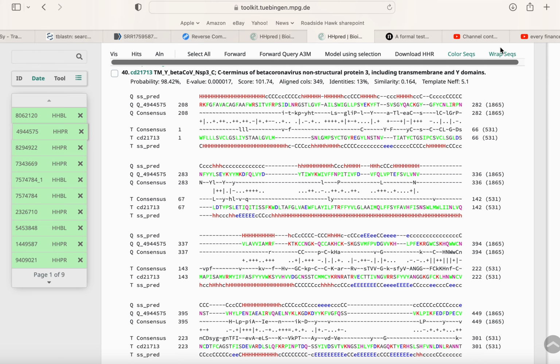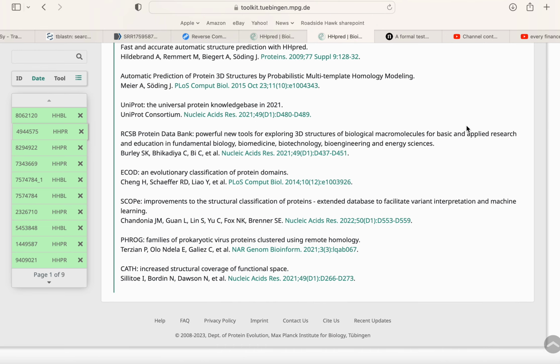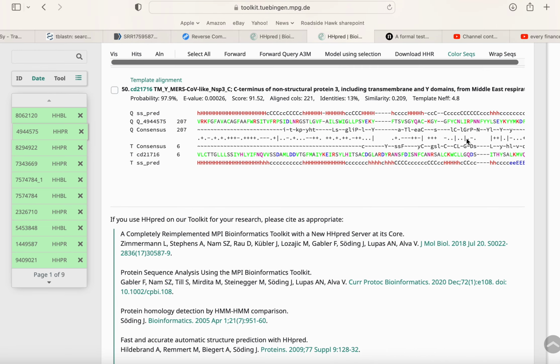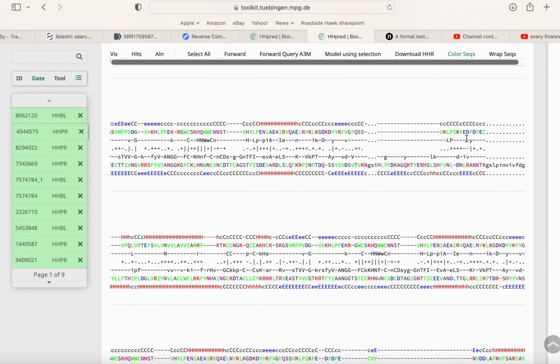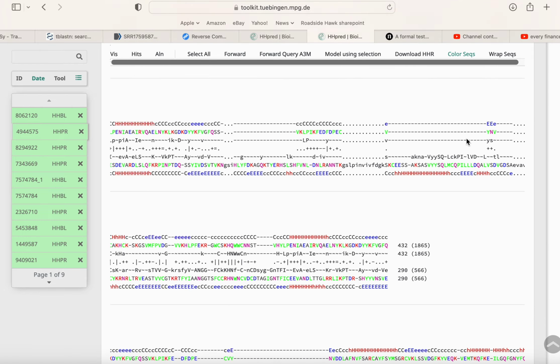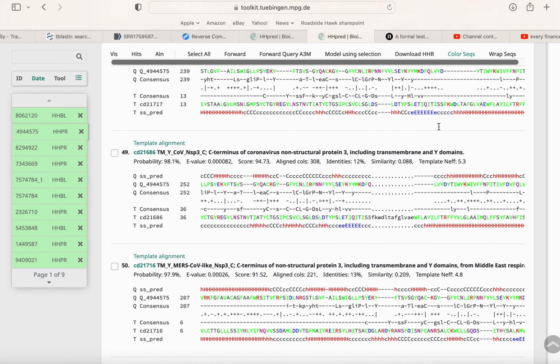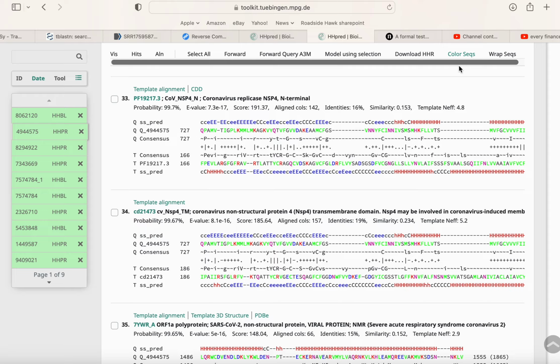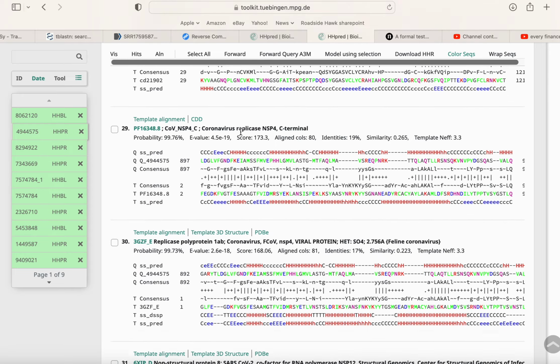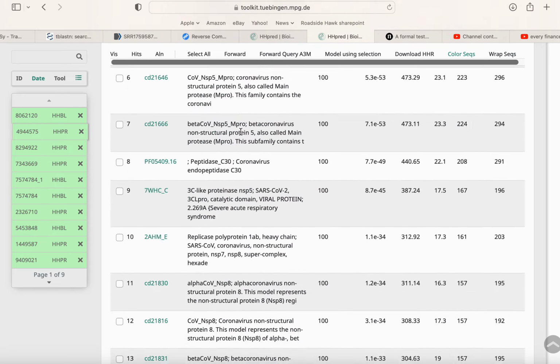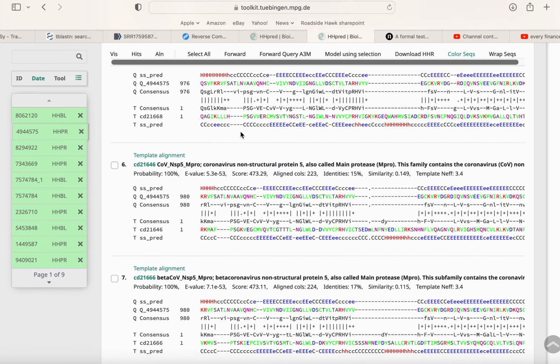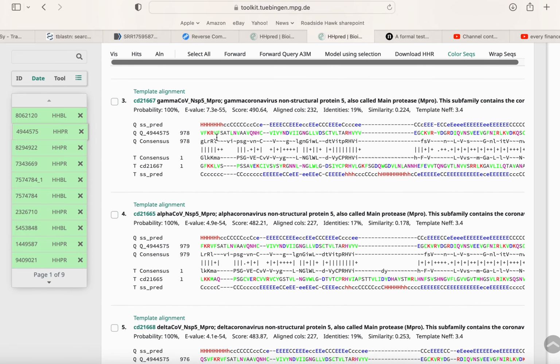Just like that. If that's breaking your brain, click wrap sequences. It'll unwrap them. And then you'll see the sequences and you can scroll them to the side. It's the same thing. It was just formatted so it would fit on our screen before. And also it by default is going to color the sequences. Now some of these colors are rather hard to read. I think particularly the very light green on a white is almost impossible. And so you can turn off the sequence color if you want,